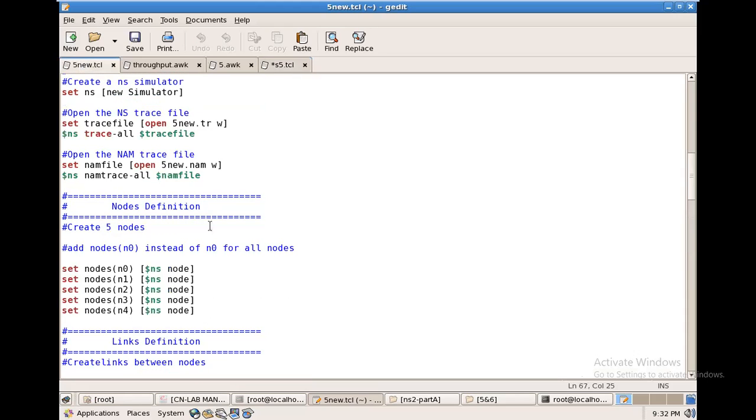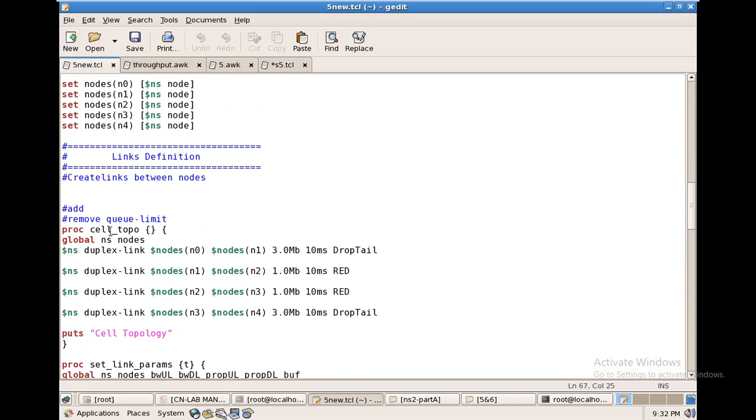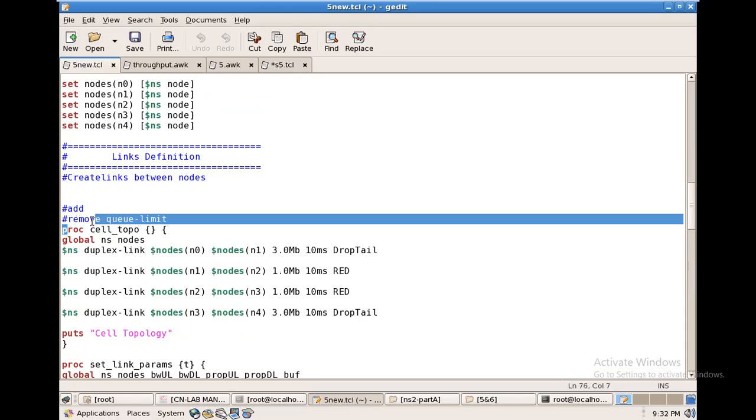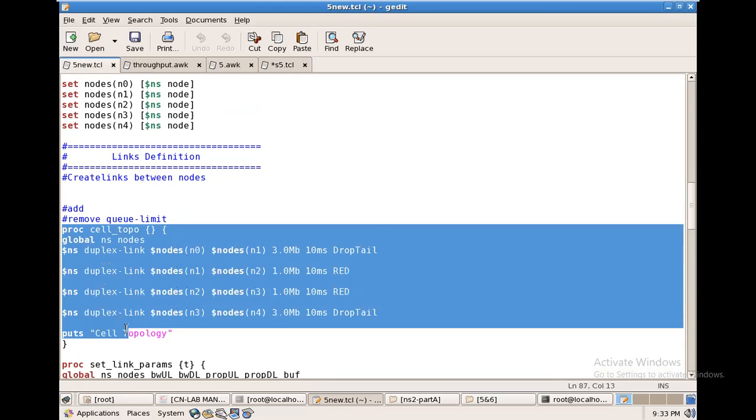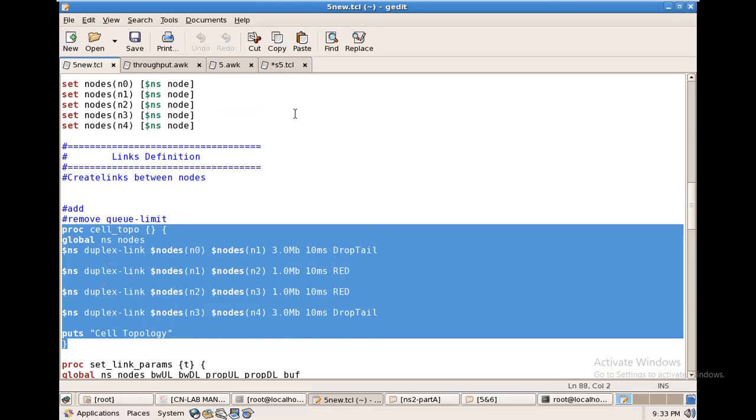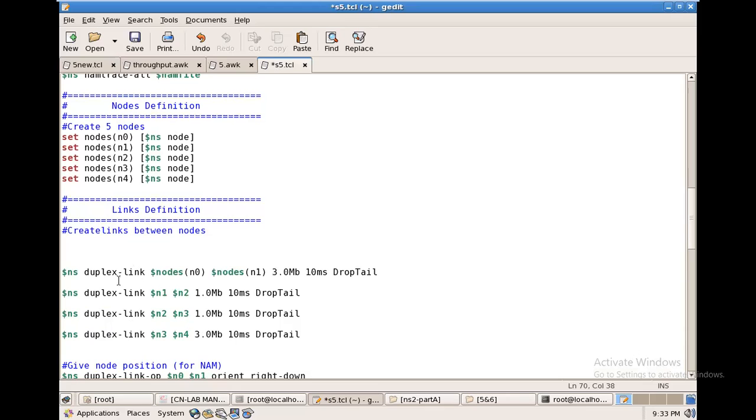So I'll just show you how we will do it in the link definition. You have to call a procedure cell topology, open bracket. Within that you have to write global ns nodes. Okay, globally you have to record the ns nodes. So what are those nodes? Here we have nodes of n0, nodes of n1, and it is a simple puts statement. What is that? It is a cell topology. I'll just add this. Okay, see, in the s5.tcl, what I did is